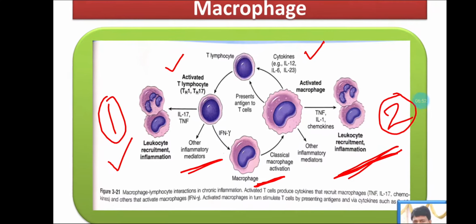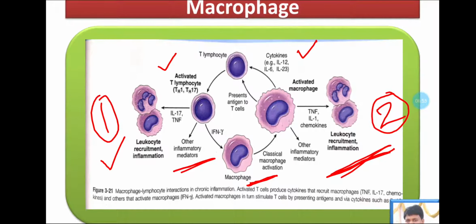So these activated lymphocytes will release different types of cytokines, and here you can see if they secrete interleukin 7, it will help in the recruitment of other leukocytes at the site of inflammation. On the other hand, they also help the B cells to convert into plasma cells, and they also release interferon gamma, which stimulates, and the classical macrophages are activated.